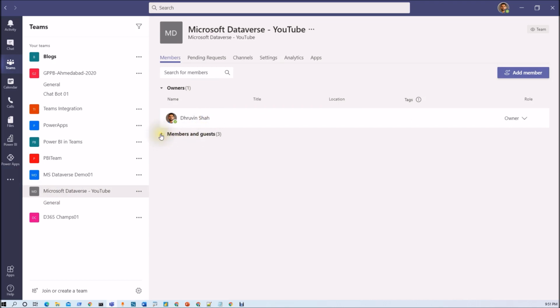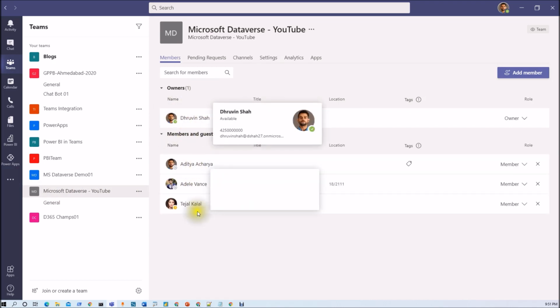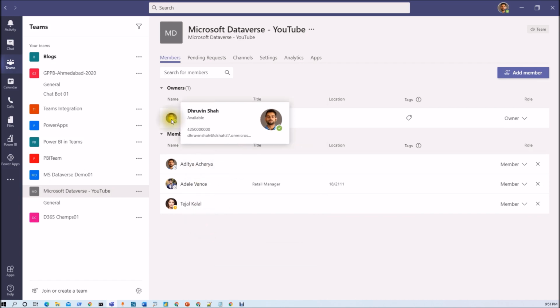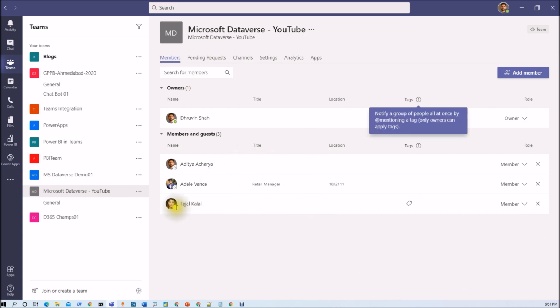Here you can see that at this moment I have one owner and three users. All owners, members or guests will be able to access this Power App. Now let's say Tejal is one of the group members of this team, and let me log in with Tejal's account and show you if she is able to access that app or not.